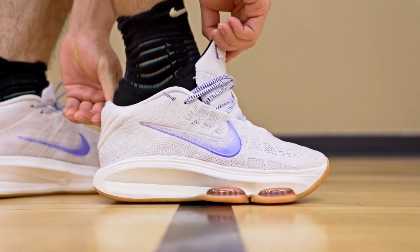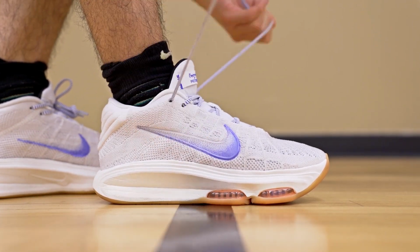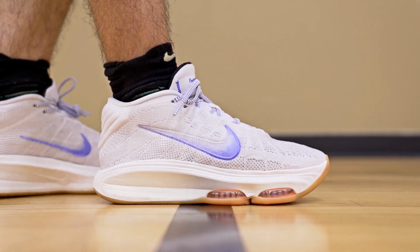And now moving on to the fit, I went true to size, and holy crap, guys, it runs short. It's really short, right? So my toes go literally right to the edge of the shoe. Also here in the toe box, it's really snug, and width-wise, I would say it's pretty narrow as well. So if you like a really snug fit, then go true to size. But for most people, I would say probably go up half a size because it is really tight lengthwise,